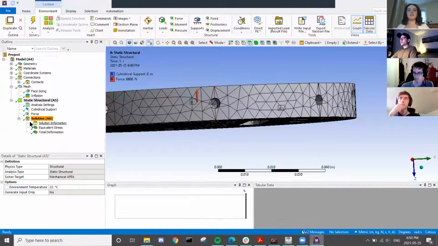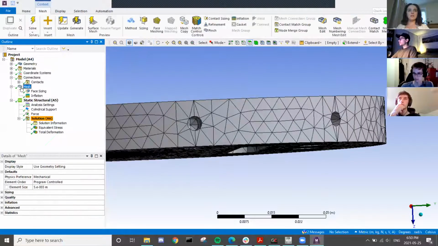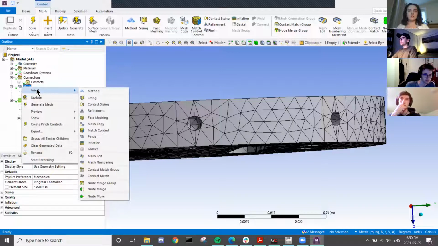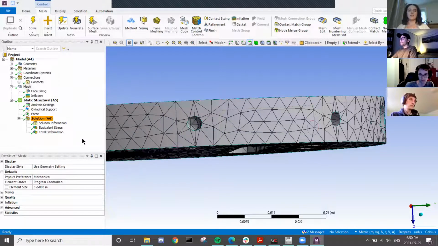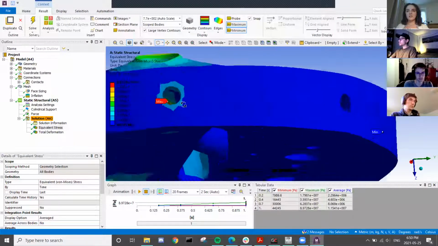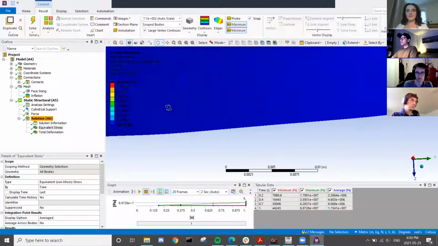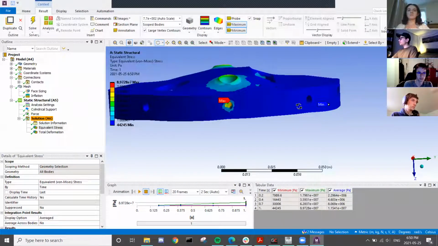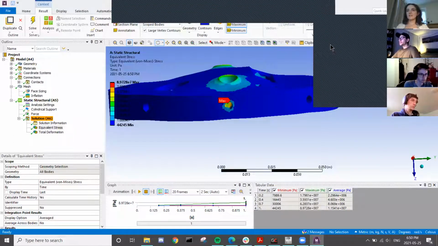There's a way to insert mesh parameterization, where it changes the mesh size and outputs the force, and then you can graph mesh size versus force and see how that changes. I guess I'll just stop the